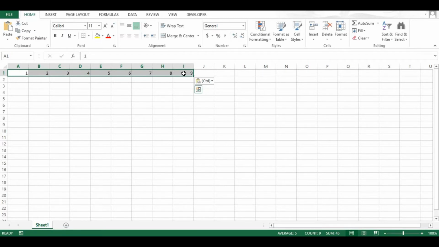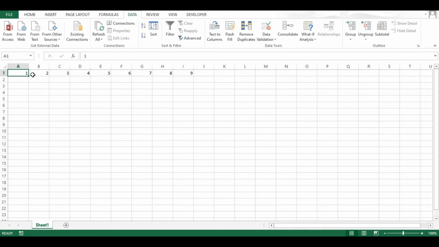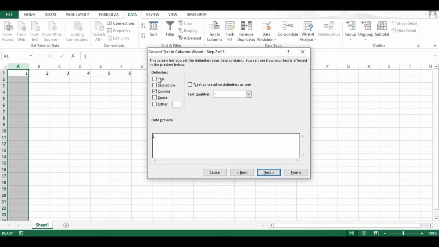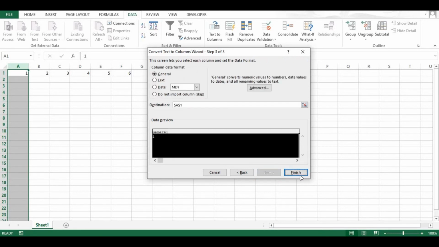and it is not allowing you to paste the delimited data. So in order to get rid of this issue, just select the column. The only criterion for this workaround is that the column has any data. It's not necessarily delimited data or any specific data, but it should have some data. It will not accept an empty column. Select that column, go to the text to column option, choose delimited, and here you could see the comma is selected already in the new workbook also. So what you have to do is just disable this option and click finish.